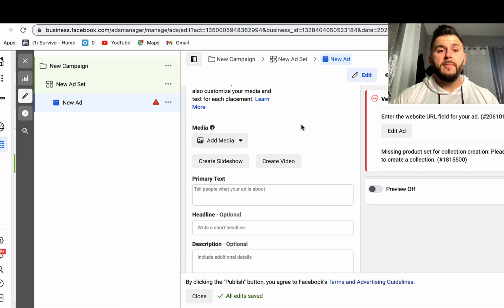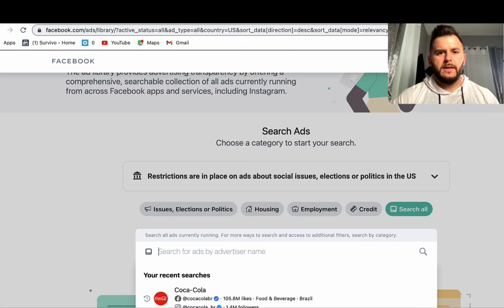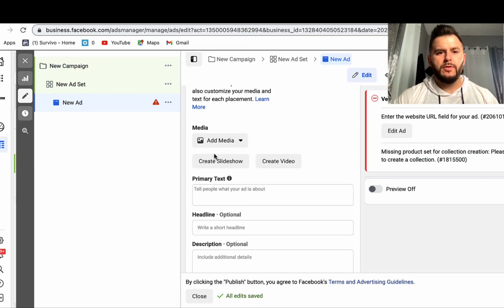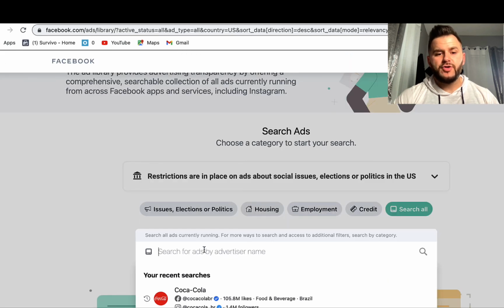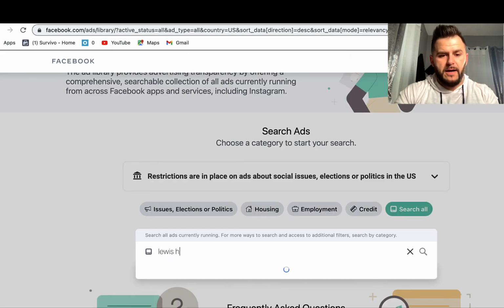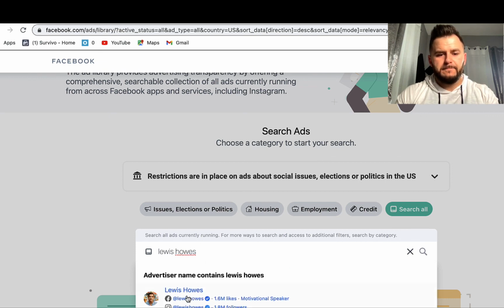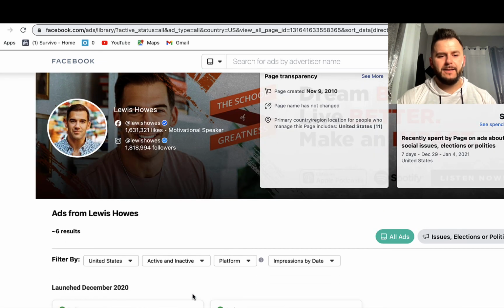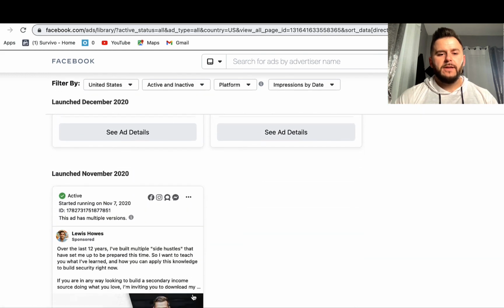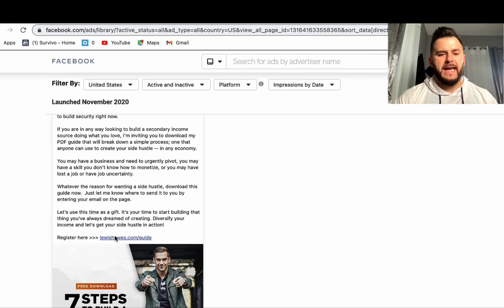So remember, this is where we go to the beginning training where we search for Lewis house. And we did a little bit of ad hacking, so to say, right? So let's assume this is an ad that we want to,